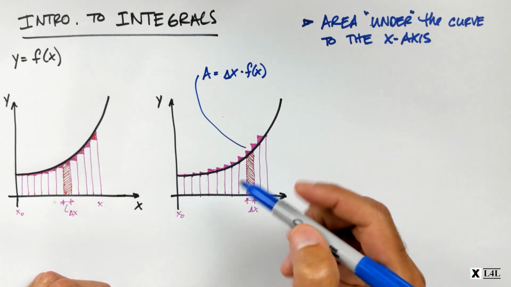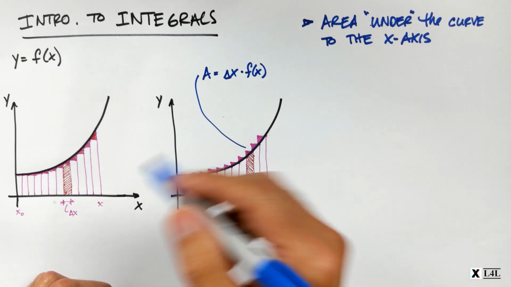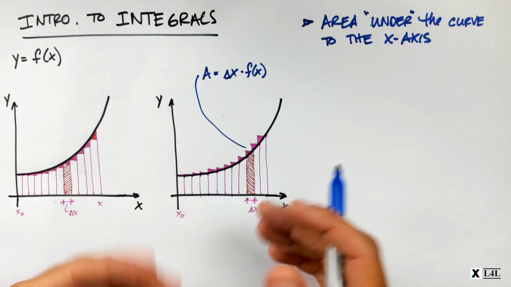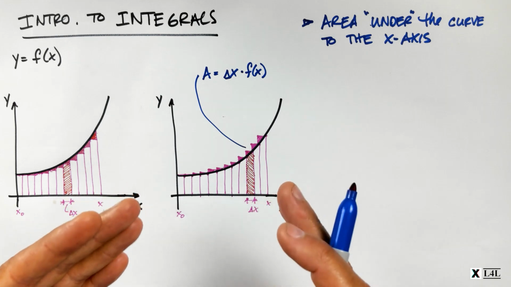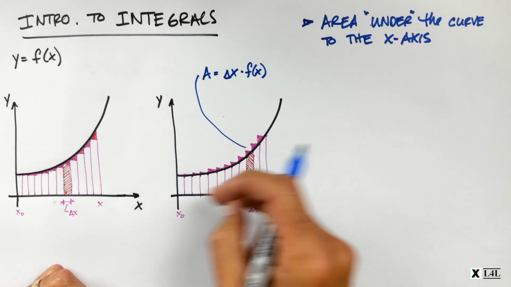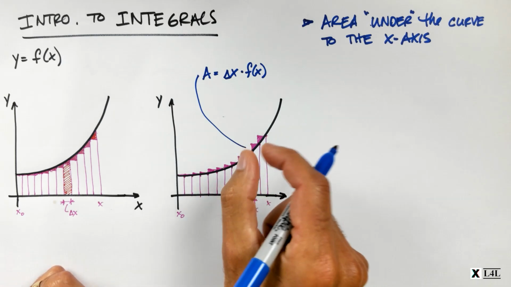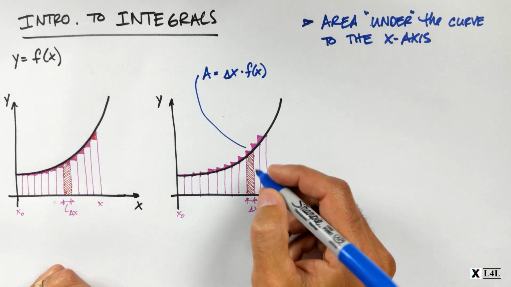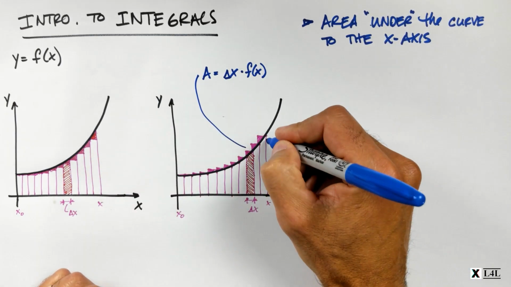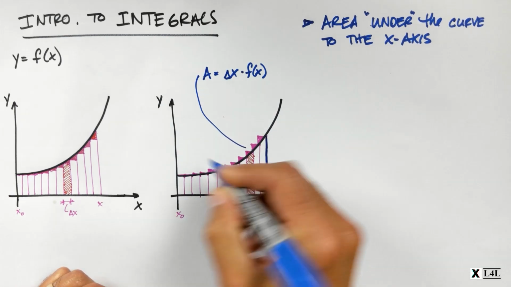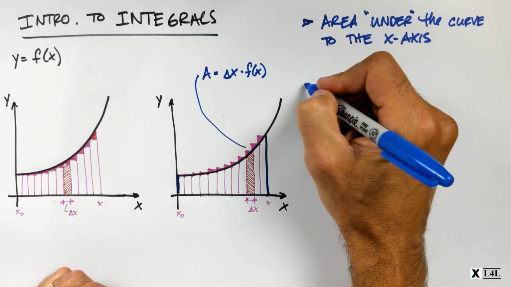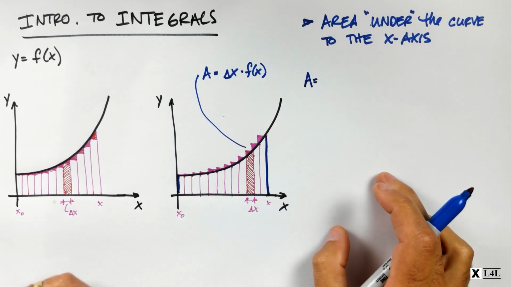And this is really what we're doing: we're taking a limit sum, similar to what we did before, and mathematically this would give us the actual real value of the area with infinitesimally small widths and an infinite number of vertical columns. The smaller these get, the less the error for each one of these. So mathematically, the total area from our upper bound to our lower bound would be written in this fashion. We would say the area total,